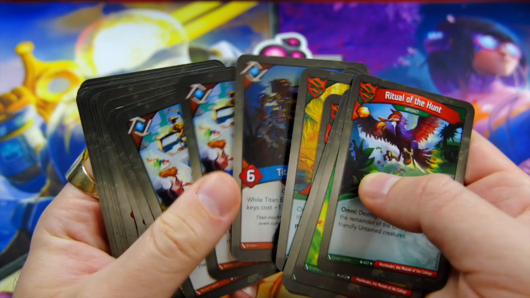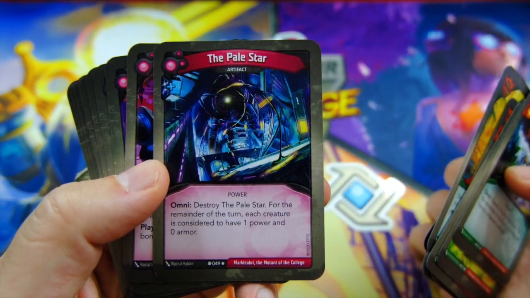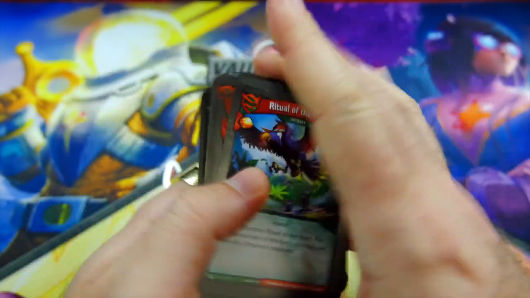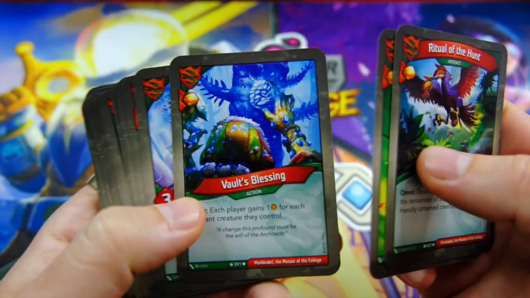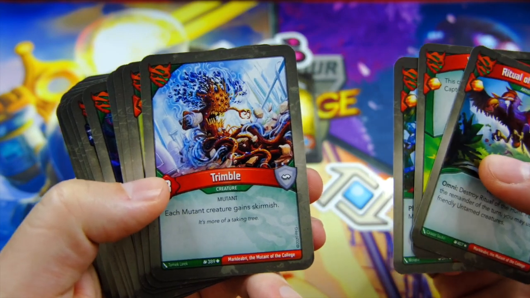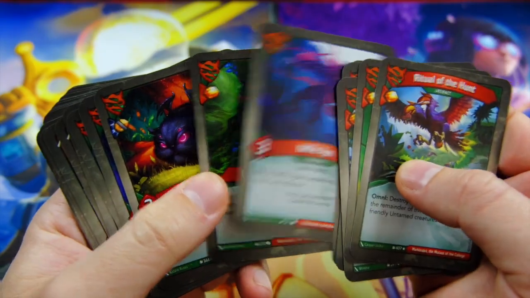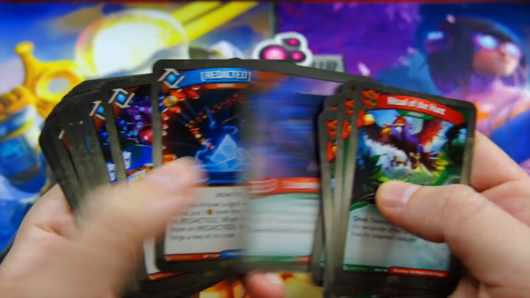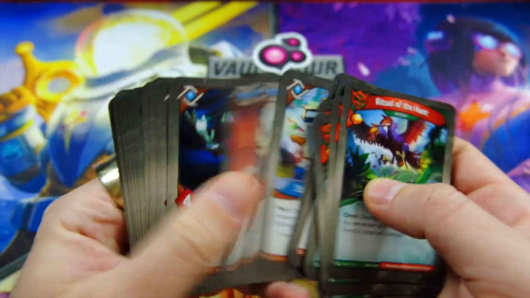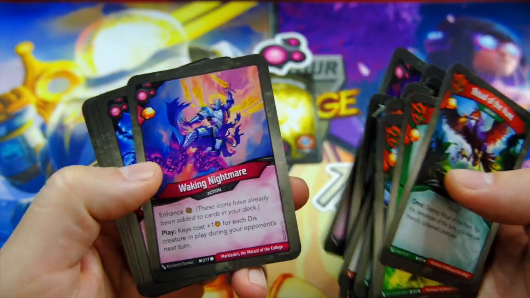Does it say each creature? I got to read this. So I'm thinking about the Pale Star here. Each creature is constructed of 1 power and 0 armor. Okay, so how that would work really well is if Trimble was out and I could activate wherever most of my mutants were, so they have that skirmish ability to just swing into things. What would be really cool is to have the Pale Star with a Dark Minion so that you could...